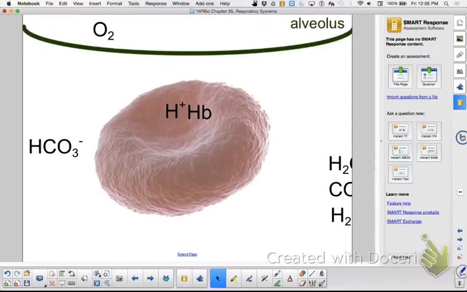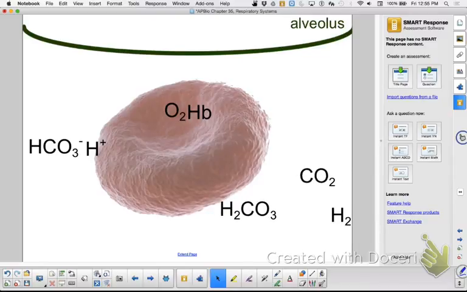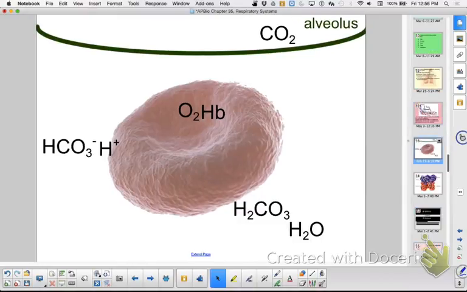Okay, in your lungs, right? Bicarbonate. Here comes oxygen, kicks off hydrogen. Hydrogen gets together with bicarbonate and makes what? Carbonic acid. Carbonic acid breaks down into what? CO2 and water, right? CO2 gets exhaled. We got that part down. And then